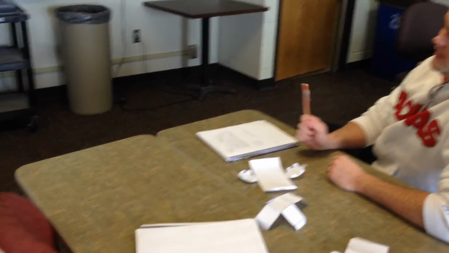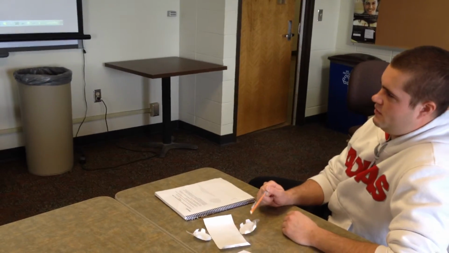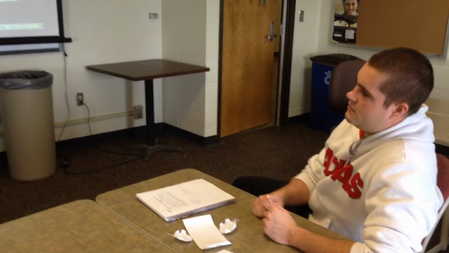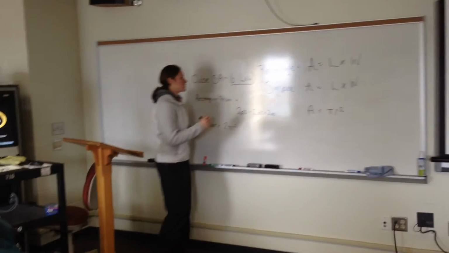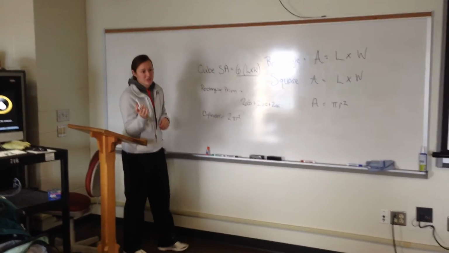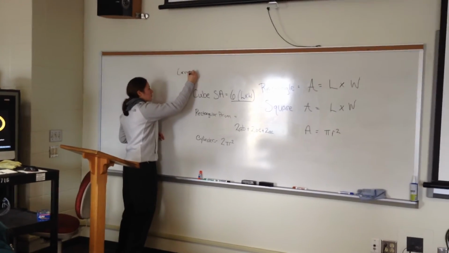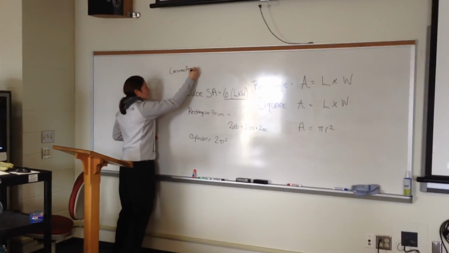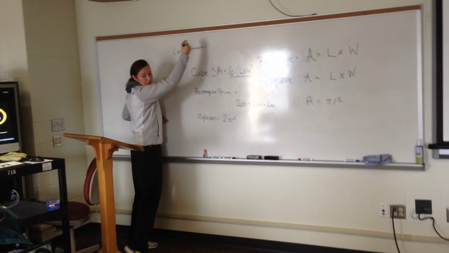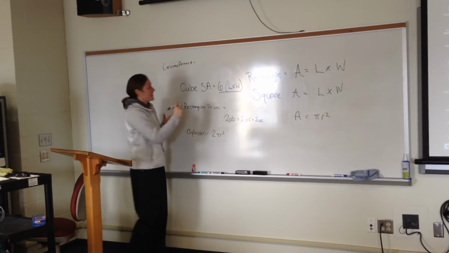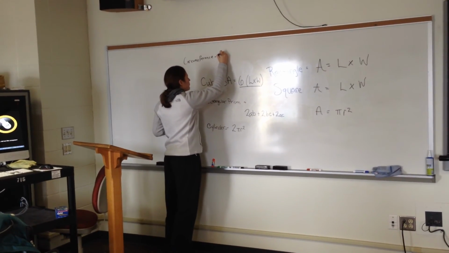I think you would find the circumference to be the length times the height. Yes. And as we learned in our previous lesson with area, we found our circumference equal to pi